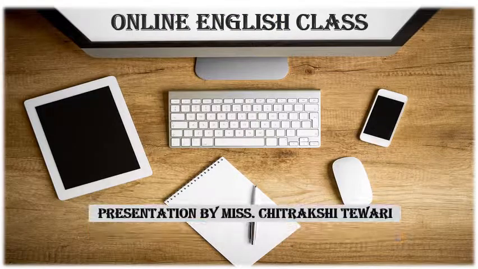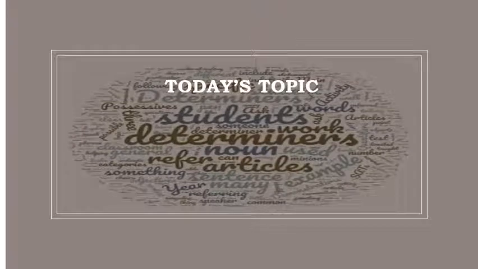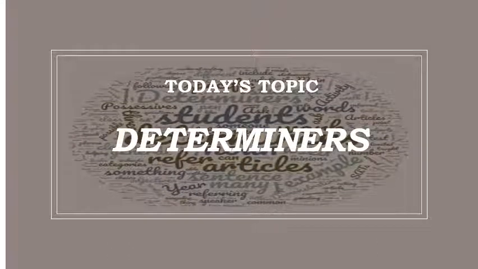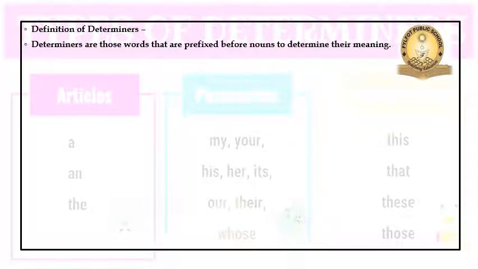So the topic that I'm going to introduce you to today is determiners. Okay, so what are determiners? Determiners are those words that are fixed before nouns to determine their meanings. So determiners are those words that are fixed before any noun to give a noun a meaning, to define its meaning. So it can be divided into the following types: